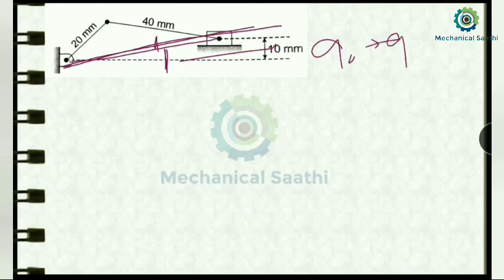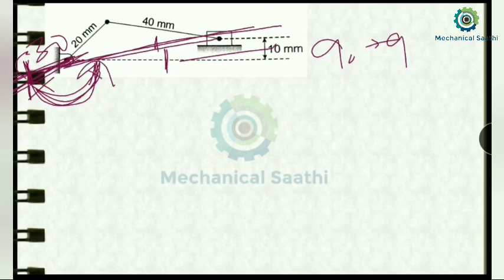At the right hand position, it is somewhat like this, and this angle we have calculated as 30. During this angle our quick return stroke is taking place, and during this angle it is being returned. So let us try to calculate this angle